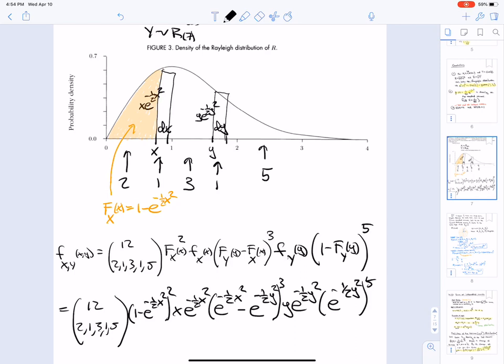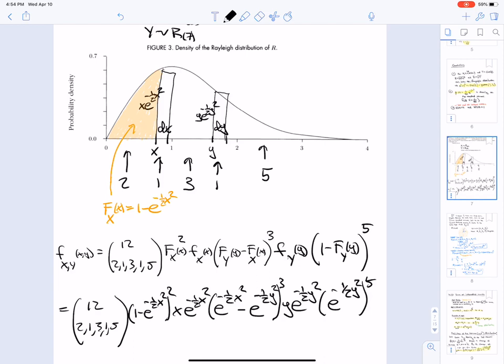So there's 12 choose 2, 1, 3, 1, 5 for the different 2, 1, 3, 1, 5 that we have above. And the probability that a particular dart lands in dx would be the density of the Rayleigh times dx,